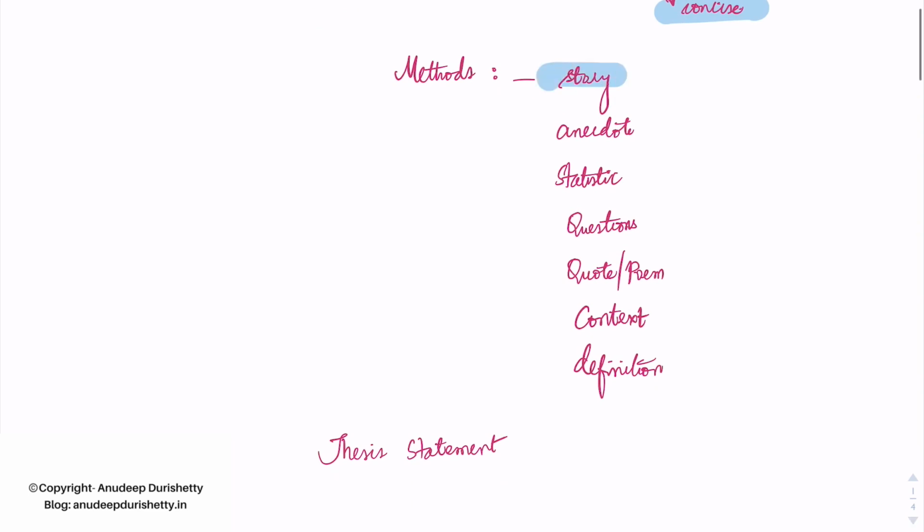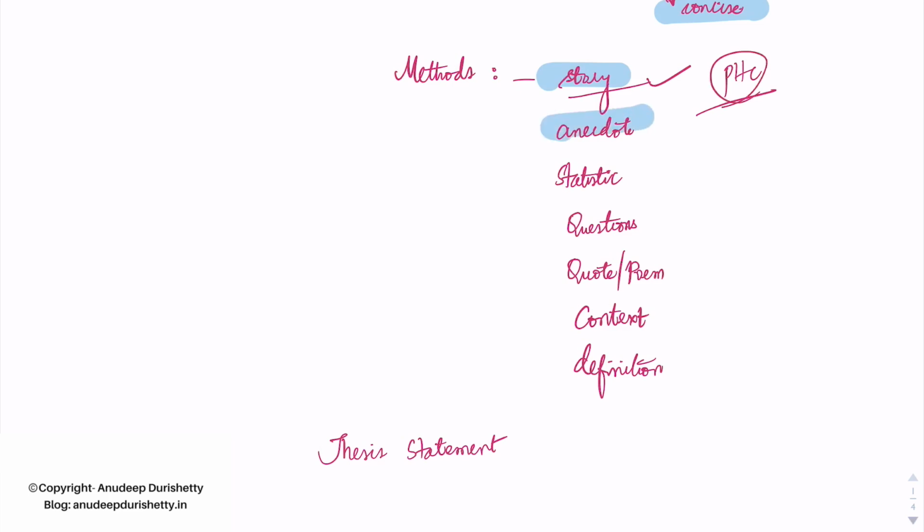First, starting with a story. In this method, you write about a fictitious story which has the essay topic as its underlying theme. For example, if there's a question on healthcare reform in India, you can start with a story with a fictional character from a rural village who is neglected by the PHC, misguided by the private clinic, and fleeced by the local medical store. Such a short story on the topic powerfully brings out the problems of the public health sector.